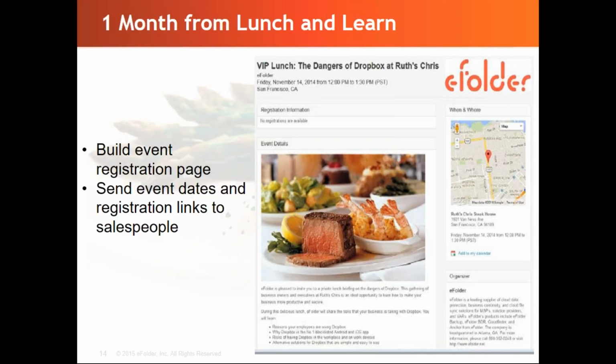And lastly, if the event is hosted in an area that is not your home base, you should definitely book travel at that point, because hotels and flights are not going to get cheaper beyond this point. And you want to make sure that whoever represents your company at the event is all informed about the logistics and can make arrangements accordingly.